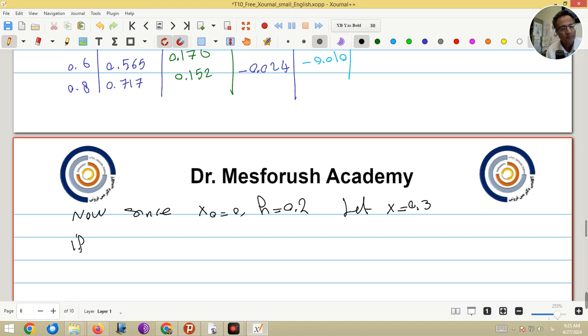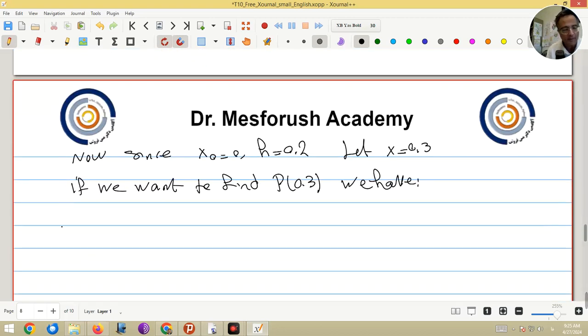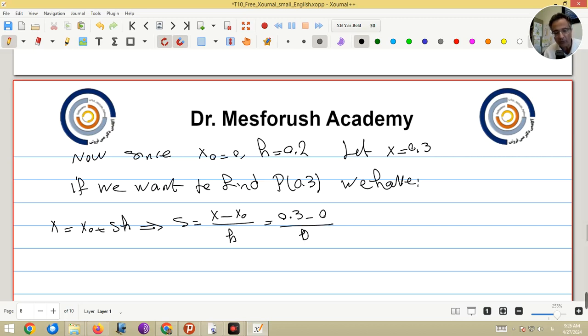If we want to find P of 0.3, we have, okay, now let me write x equal to x0 plus sh, and from this I can get s equal to x minus x0 over h, and this will be 0.3 minus 0 over h is 0.2, and this will be